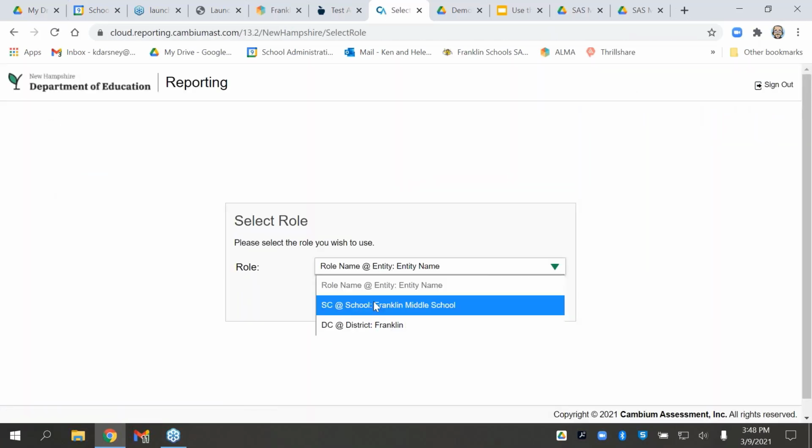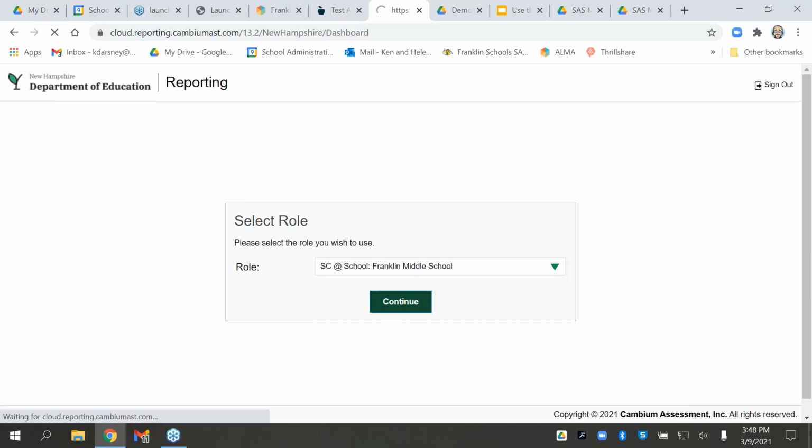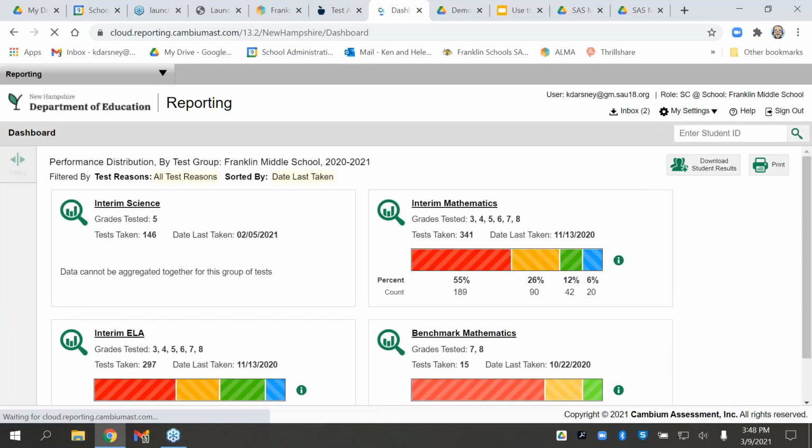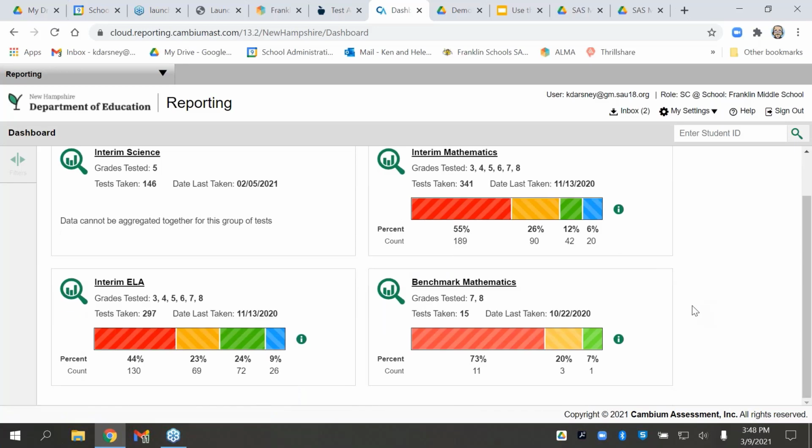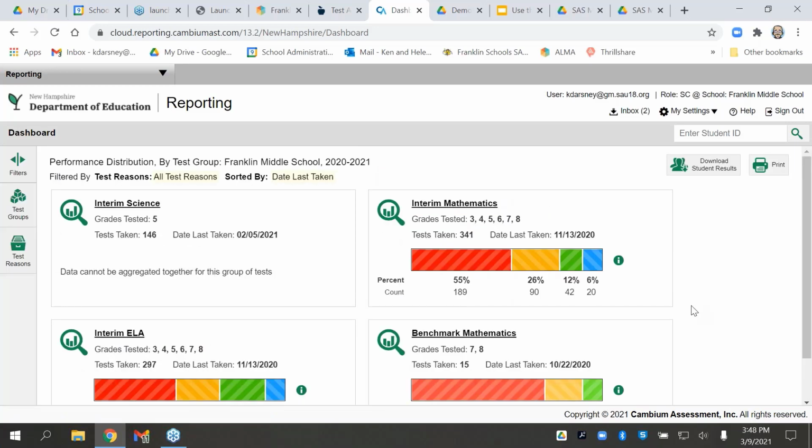Again, I am the district coordinator, but I go into school coordinator when I do this because I want to see what the teachers see. Please don't tell your friends, because this information is for my staff only, but we do have the ability to look at our tests that we did in the fall. If you haven't done this, I recommend that you do so, because there's some really good stuff in this. And yes, you can see my colors are not very good.